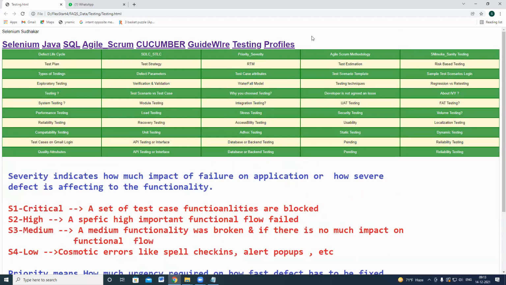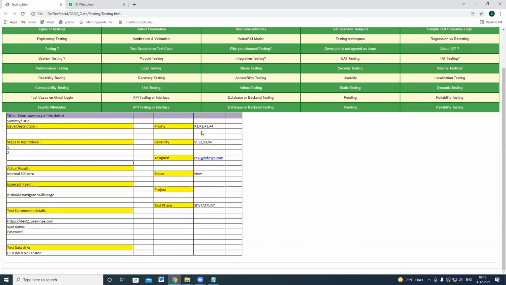So whenever you are logging any defect, if you are giving S1, then the development team and testing team will be alerted on that issue, even the client. That means it is stopping the functionality. You are not able to test it, and you have given a high alert to all the people. By default, the system selects S1 critical.